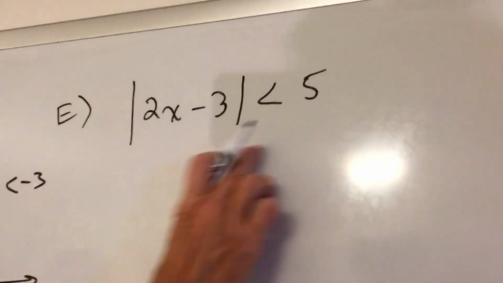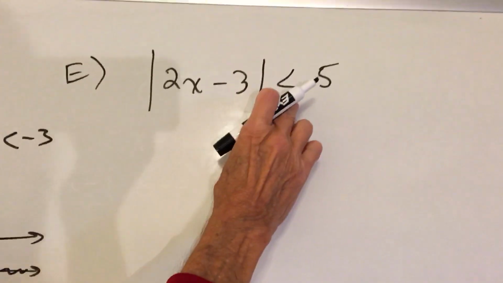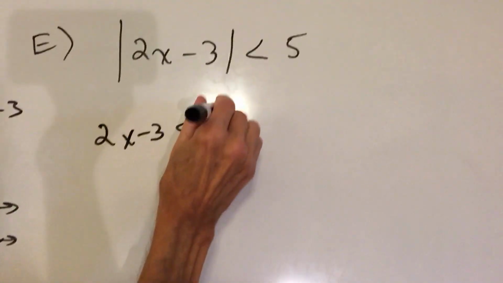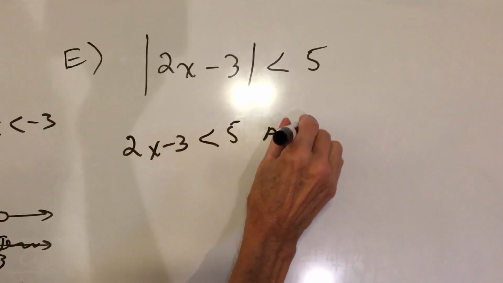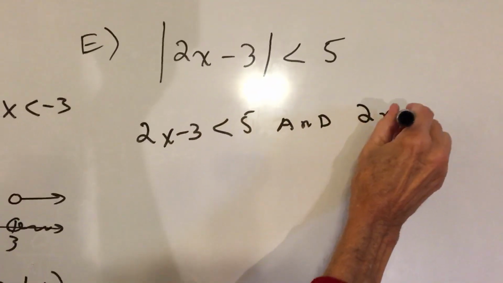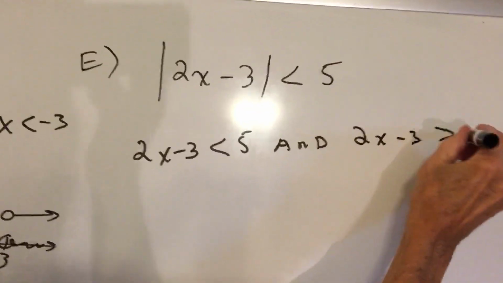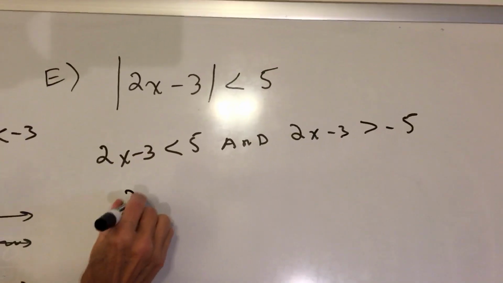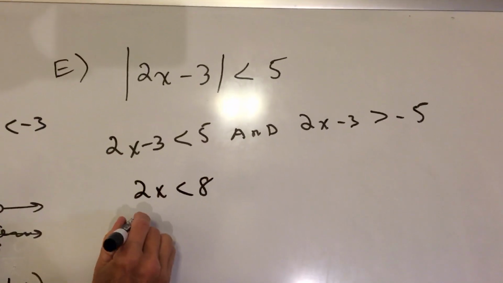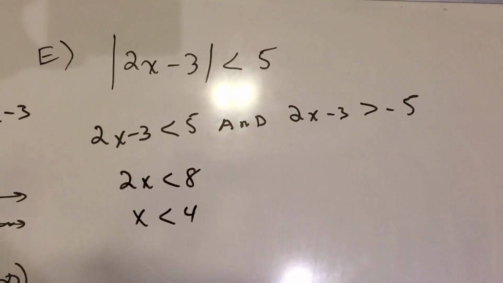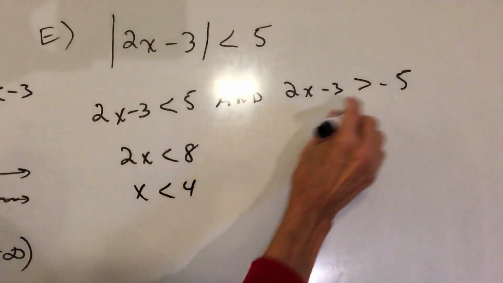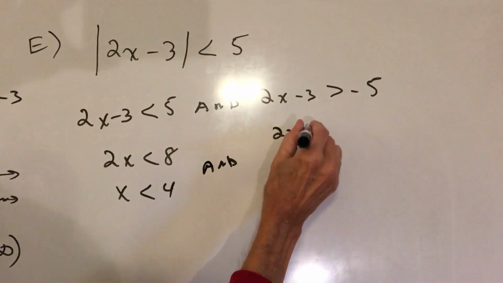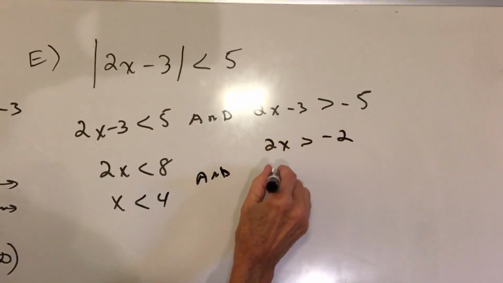So we have a complete one here. It's a less than, so it's 2x minus 3 is less than 5, and 2x minus 3 is greater than -5. Add 3, divide by 2, we have that. Add 3, divide by 2,